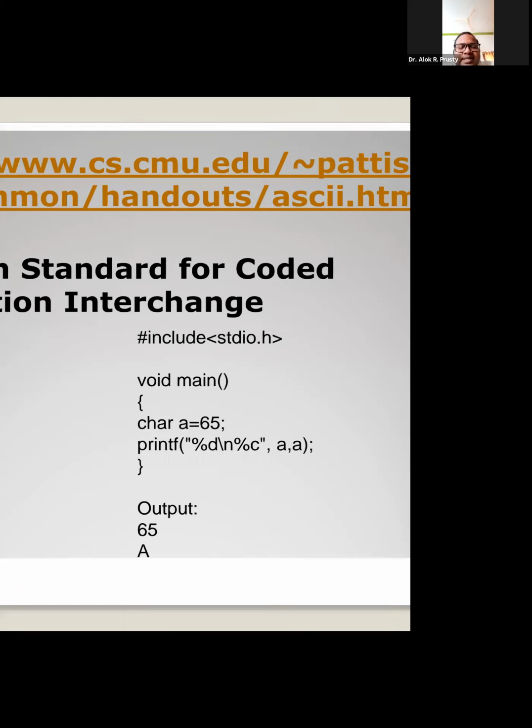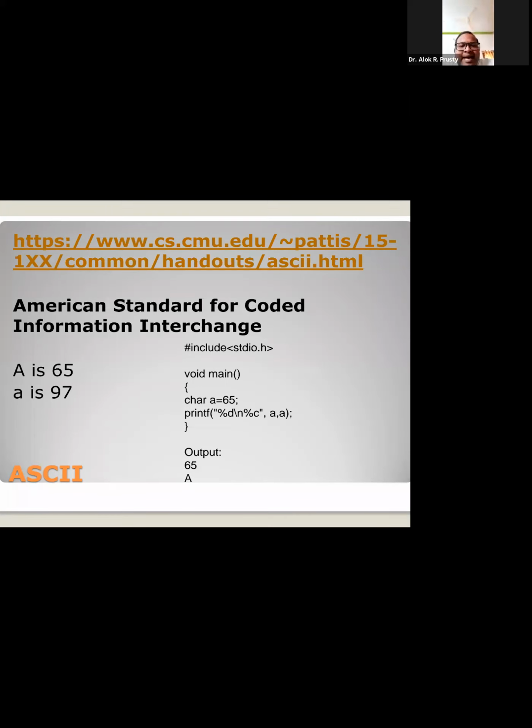For example, just see this code here. #include <stdio.h>, void main, char a equals 65. Here, instead of writing a character, I have written char a equal to 65.